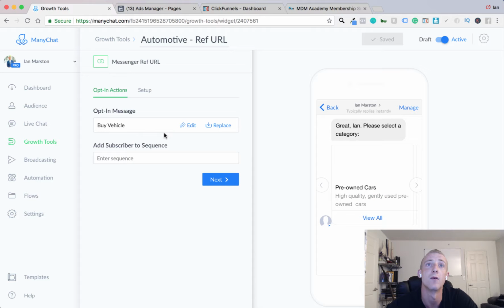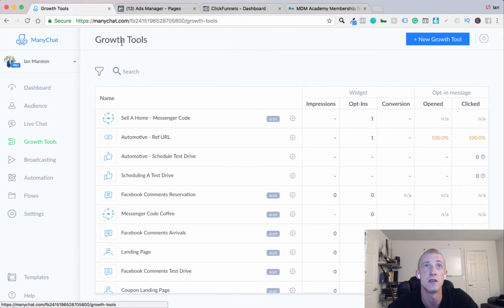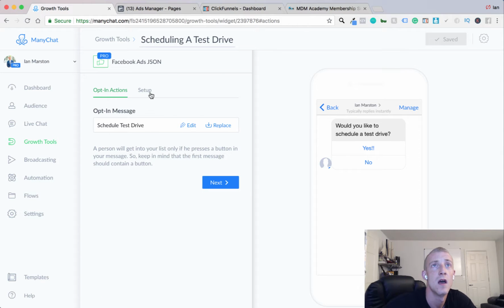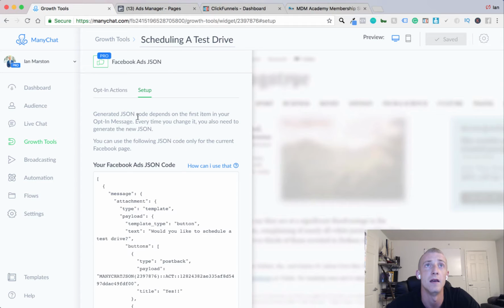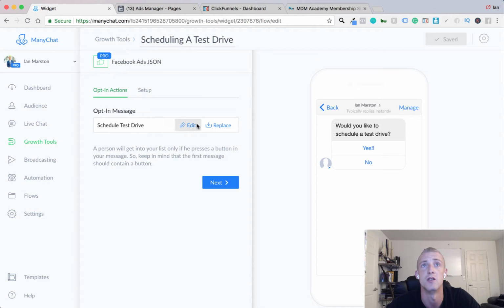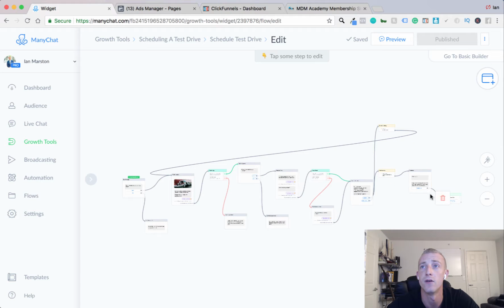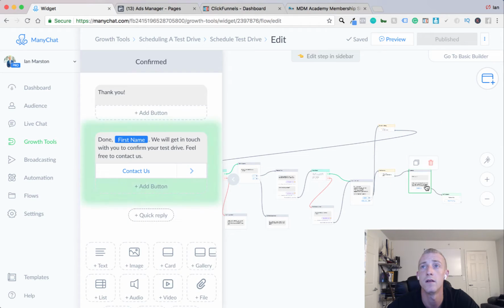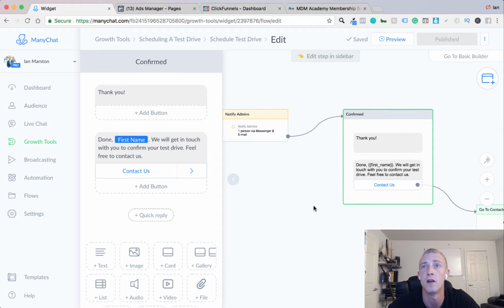for a ref URL. If somebody's going to click on it, or let's say you're running a Facebook ads JSON. I think this is the Facebook ads JSON. You can click setup, and say you have the message built out, and after they click on it, so let's scroll in. So you're running a Facebook ads JSON. After they're done and ran through it,